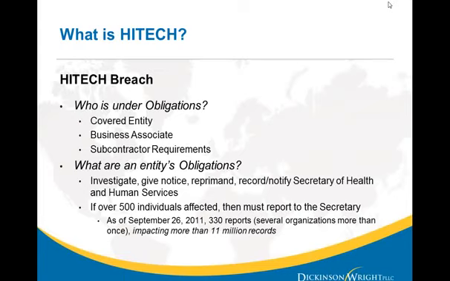That's a really great assessment of the implications of HITECH. I wanted to bring up the slide you see now because in that last sentence, you'll see that as of September 26, 2011, 330 reports have been filed with ONC. Part of HITECH is a mandatory notification to the Secretary of Health and Human Services if a breach affects more than 500 individual records. You'll see that more than 11 million records have been affected, and these reports are just since the passage and the implementation of this breach provision, which is probably about a year at this point, maybe a year and a half.